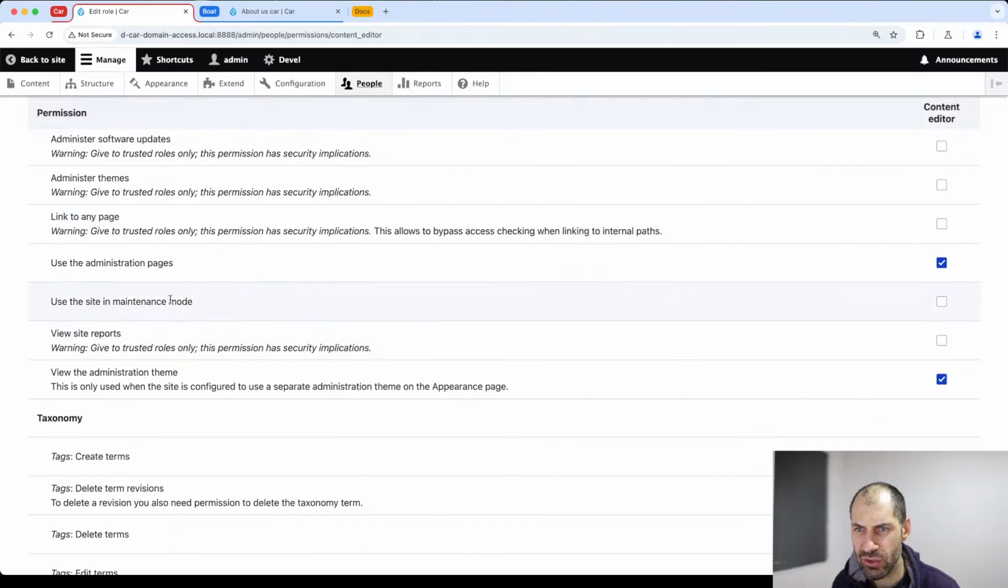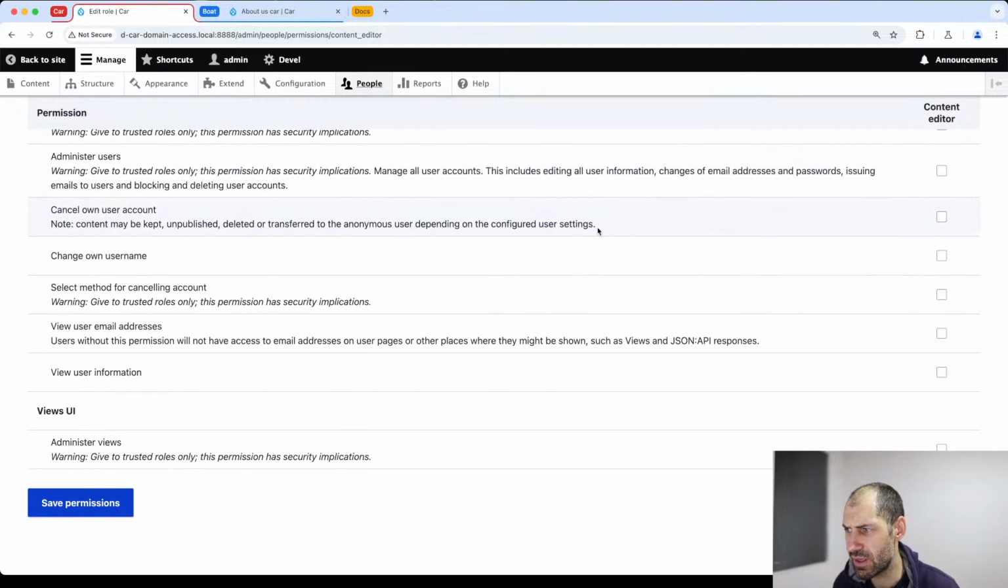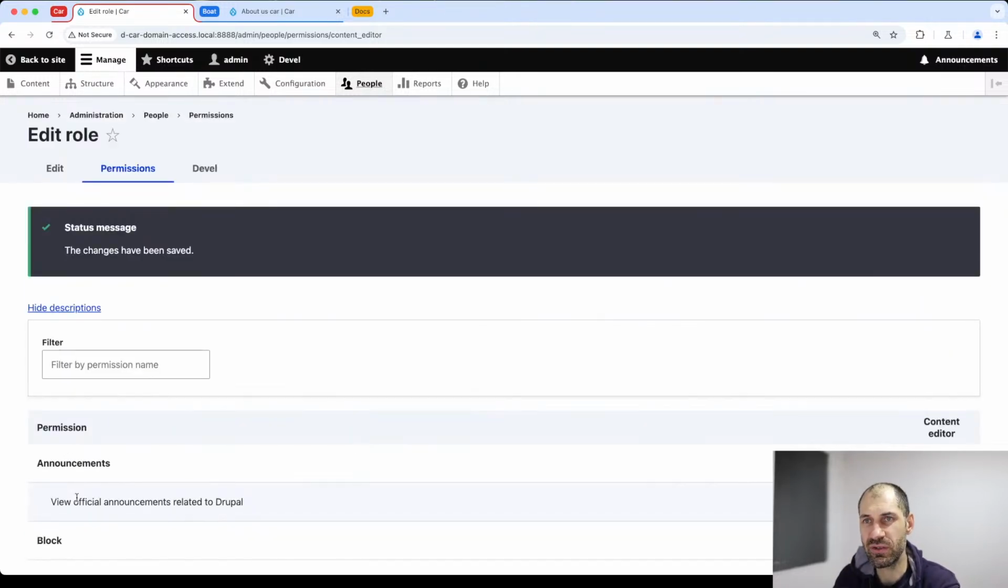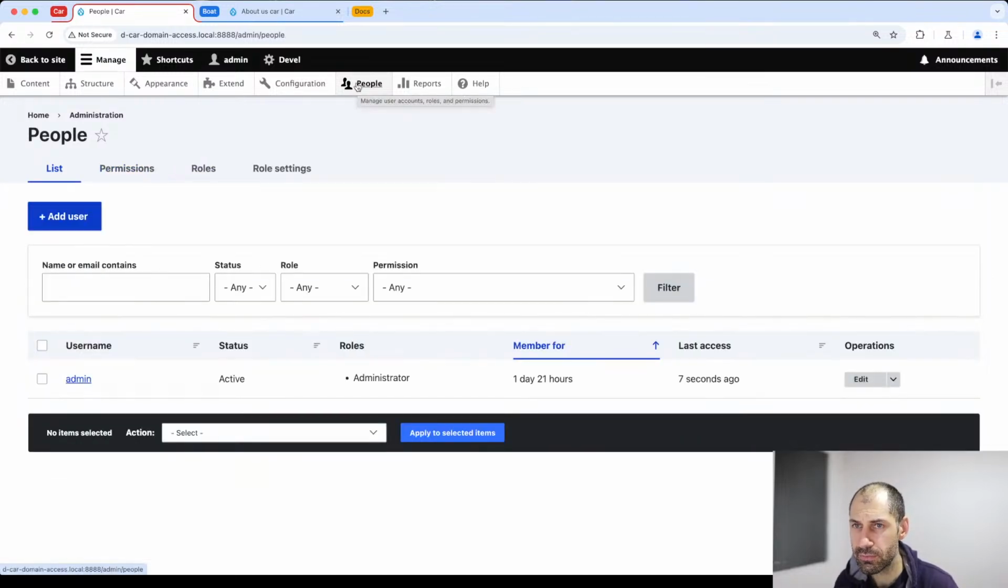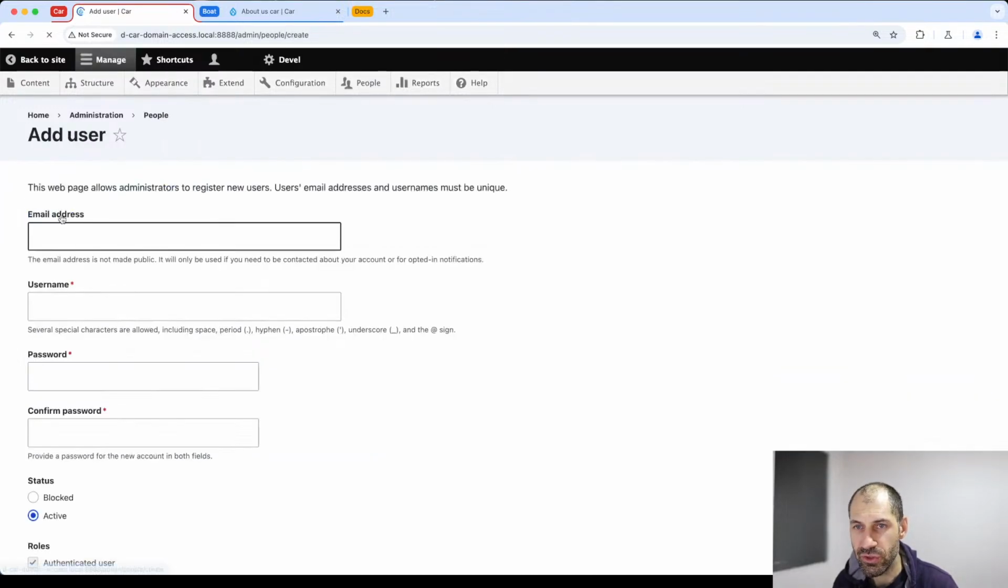You also want to make sure you have the view administration theme, but that's just standard stuff. Okay, cool. Save permissions. All right. Now, if we go to people, add user,